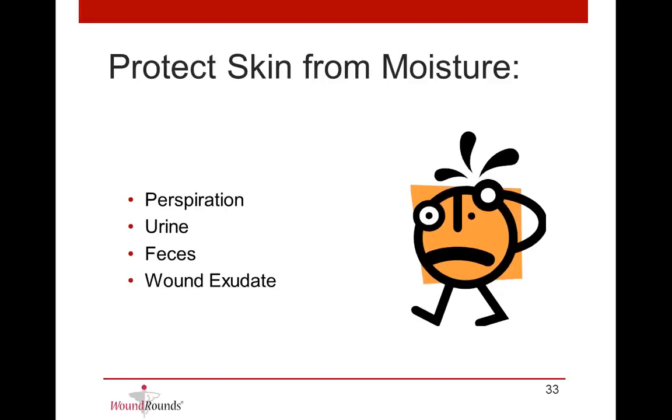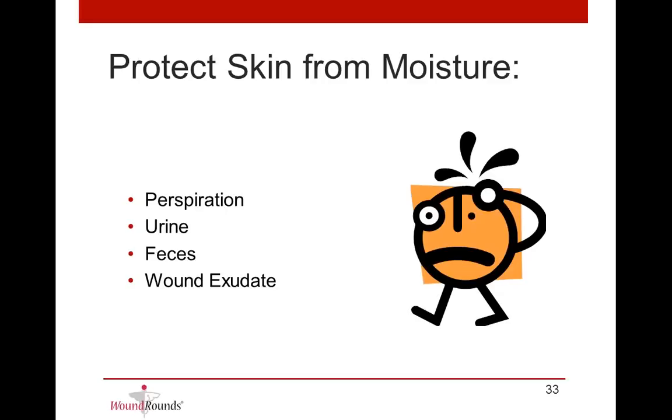What types of moisture exist? Urine and stool is pretty obvious to most of us here on this call. Two other things might come to mind for anyone who's been involved in wound care. Wound exudate is a very popular problem when it comes to moisture. This is why we don't want to leave saturated dressings in place. If they are soaked and they need to be changed, then that's something that we need to do because macerated skin breaks down